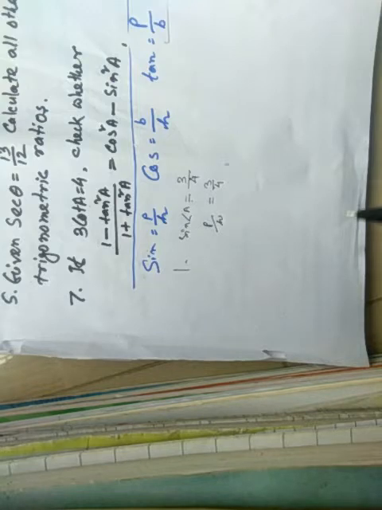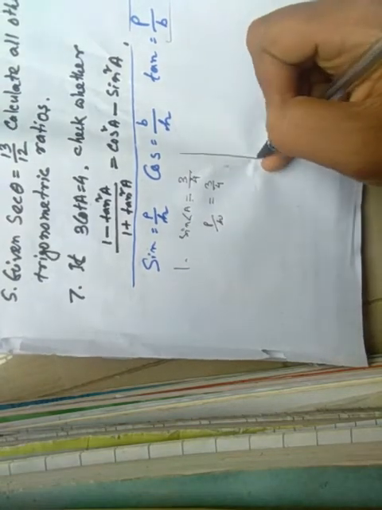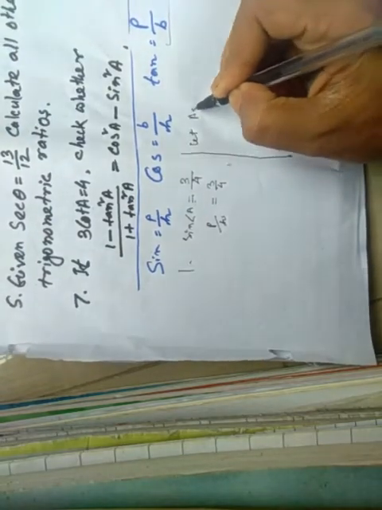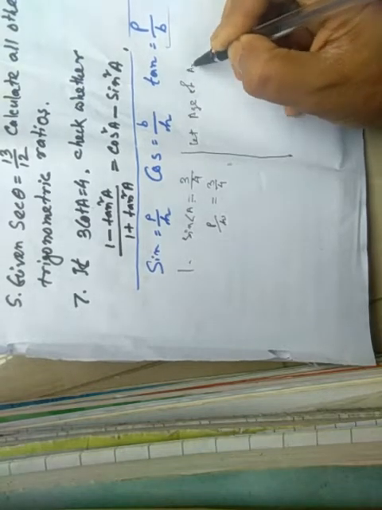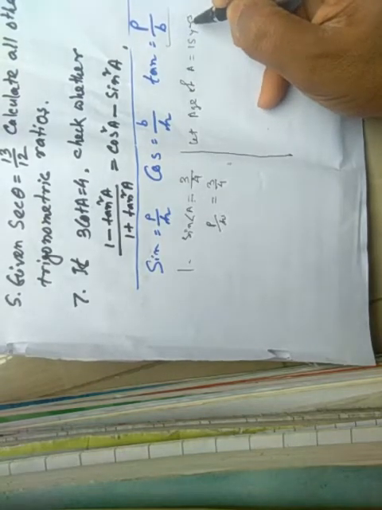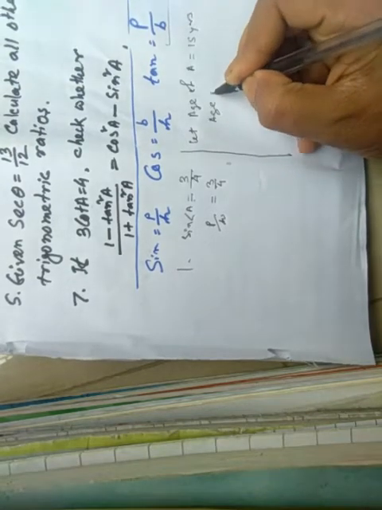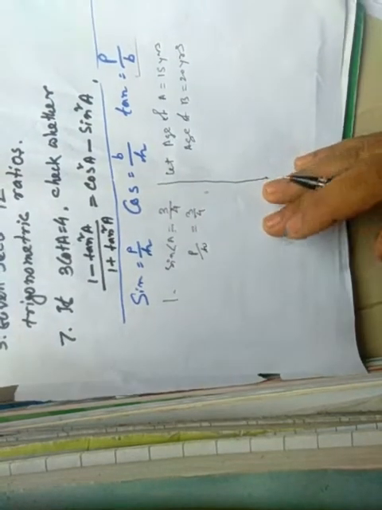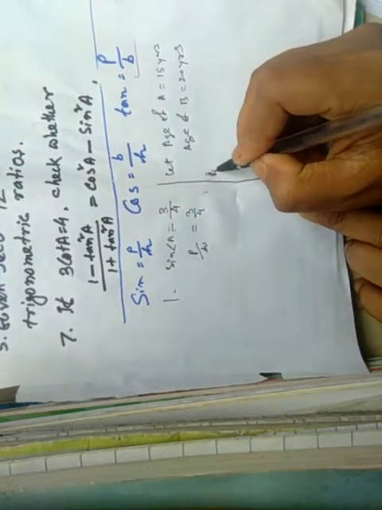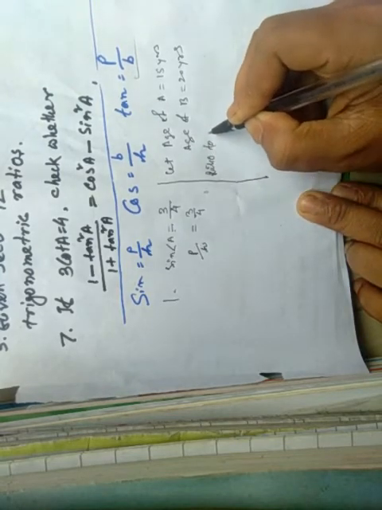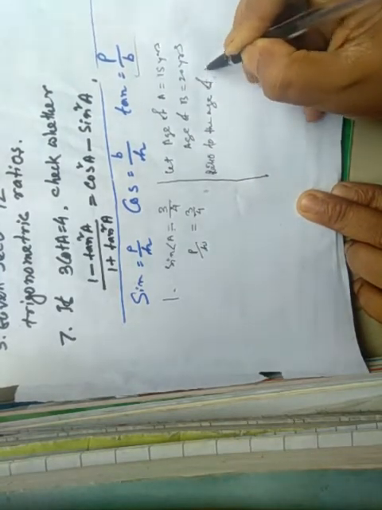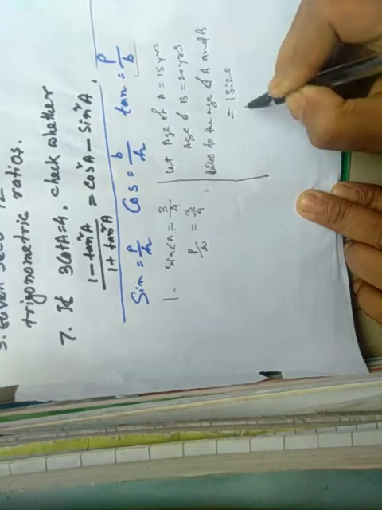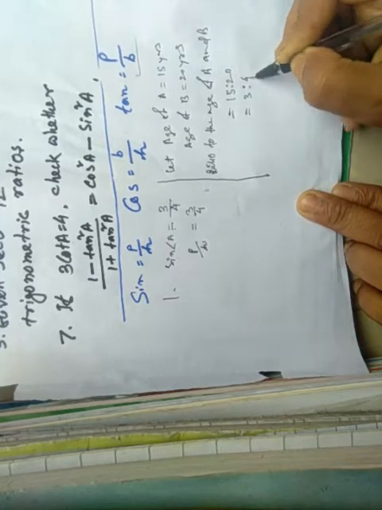To make this clear, I give a small example to you. Let the age of a boy A equal 15 years. Okay, age of B equals 20 years. Now, if we find the ratio of the age of A and B, we get 15:20. In simplest form, it becomes 3:4.